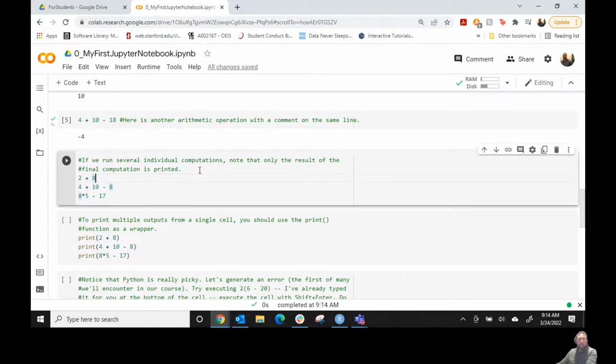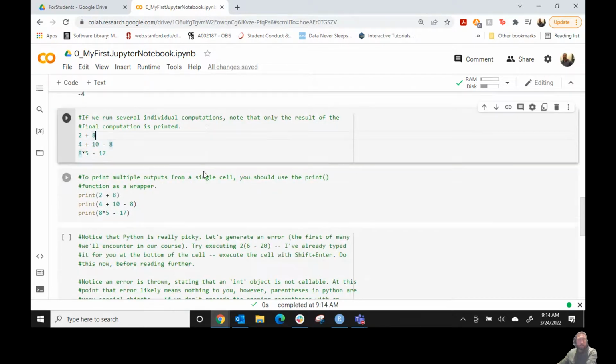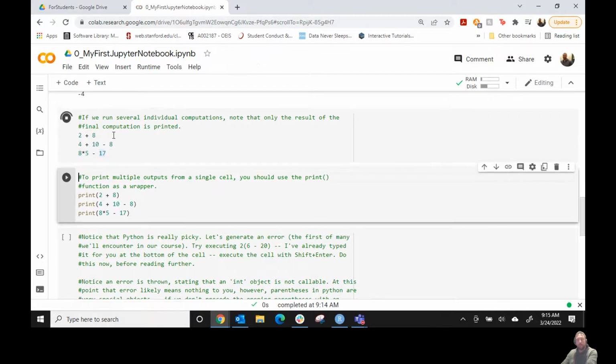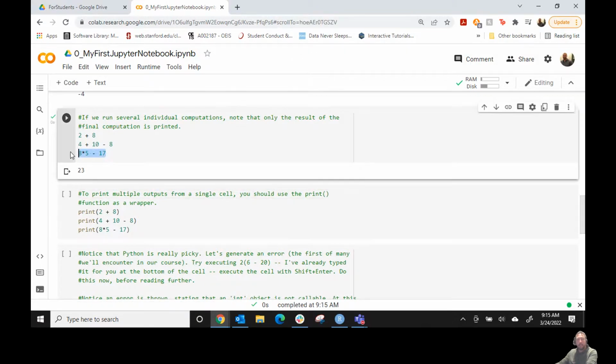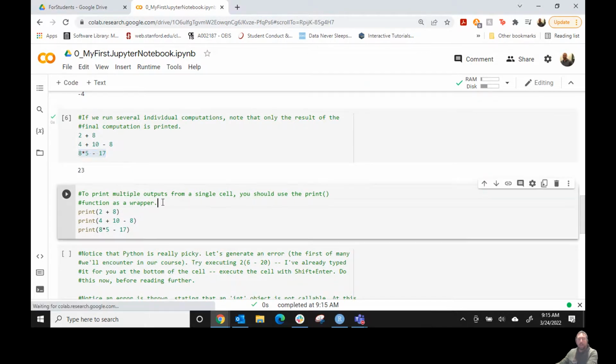Here's a particular quirk about Jupyter notebooks, and it's that if I were to run this code cell, 2 plus 8, 4 plus 10 minus 8, and 8 times 5 minus 17, you might expect to get 3 separate values printed out. But Python is only going to give us the value output from the last line of code in that cell. If we wanted to have all of the outputs printed, we have to explicitly ask for that from